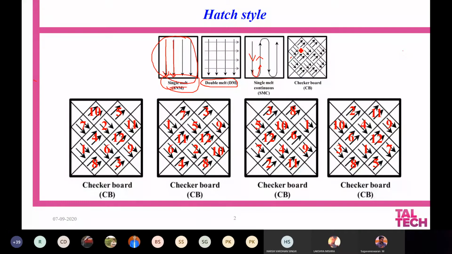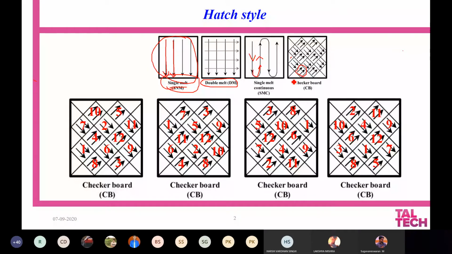where you have nearly 12 islands and there are some small portions which are not highlighted here. Considering these 12 islands are going to be melted, we have an option that we can melt the individual islands in any sequence we wish. Before we go into the sequence, we just say that within each island you will follow a hairstyle. You can follow the same hairstyle or a different hairstyle. For example, you can see that you have a single melt hairstyle, but then there is an angle between two melting sequences which is almost 90 degrees.